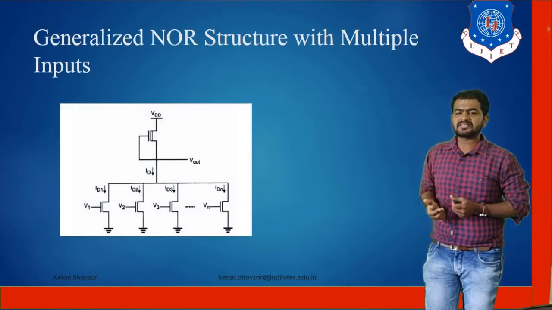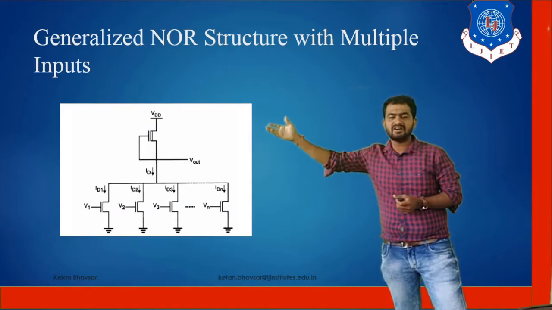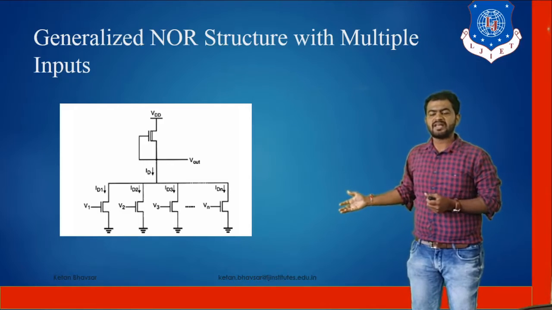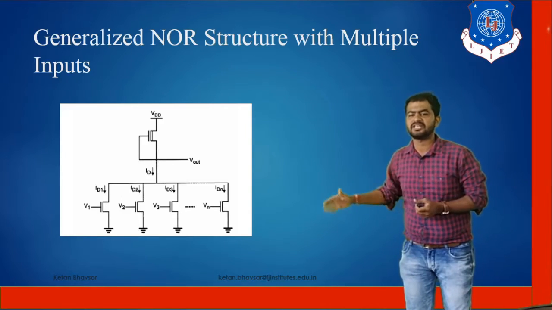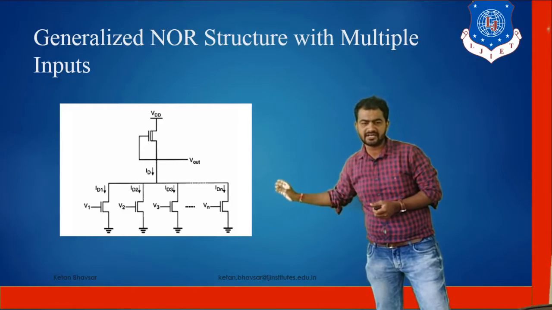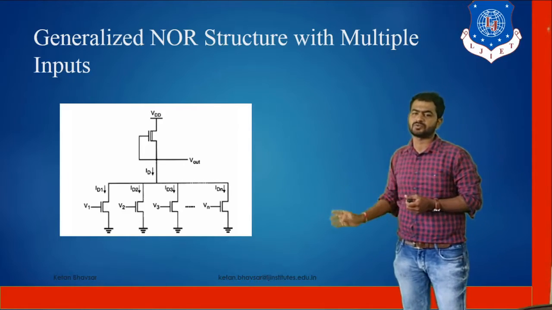Now generalize the multiple structure. Suppose you're talking about the multiple structure, means what? You are taking only one PMOS and the number of NMOSes are connected in this manner. Fine. It's more than one input logic. Right now we are focusing in terms of multiple inputs. As you can see, the PMOS configuration, drain current ID, V1, V2, V3 up to Vn, that you are connected to multiple number of inputs.